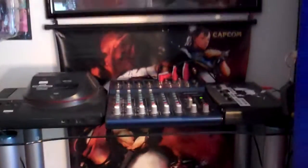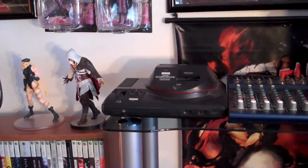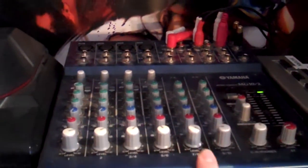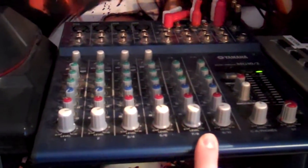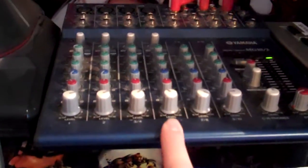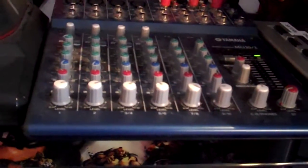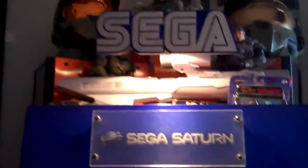The first shelf has the Sega Genesis with the Power Base Converter Model 1 to play my Master System games. And as crazy as this looks, yes, I do have an audio mixer. This is actually what I used to use on my albums. I think I used this on both the On Scene and Future Fear. But now that my equipment has vastly changed, I really don't need a mixer even as small as this one is. So this Yamaha, at least for now, is used to mix the output of the Saturn kiosk, because it has two speakers on the top there,